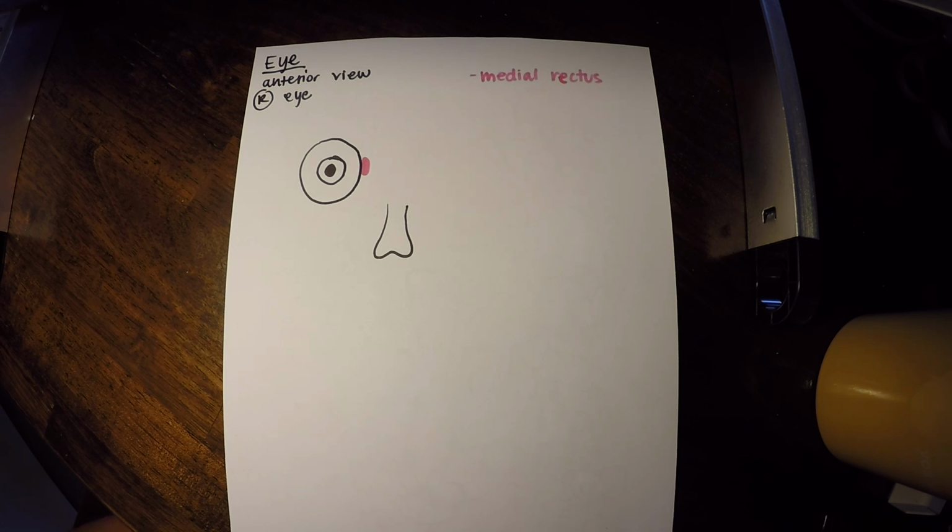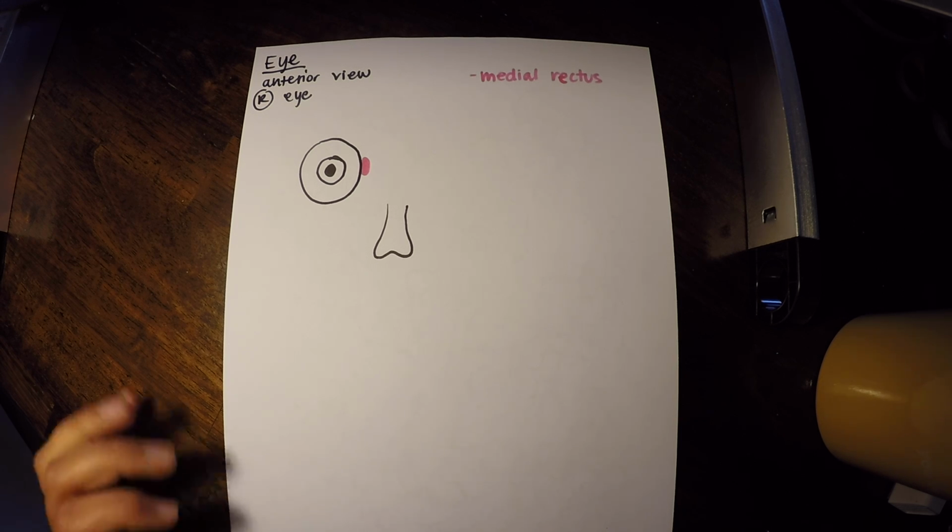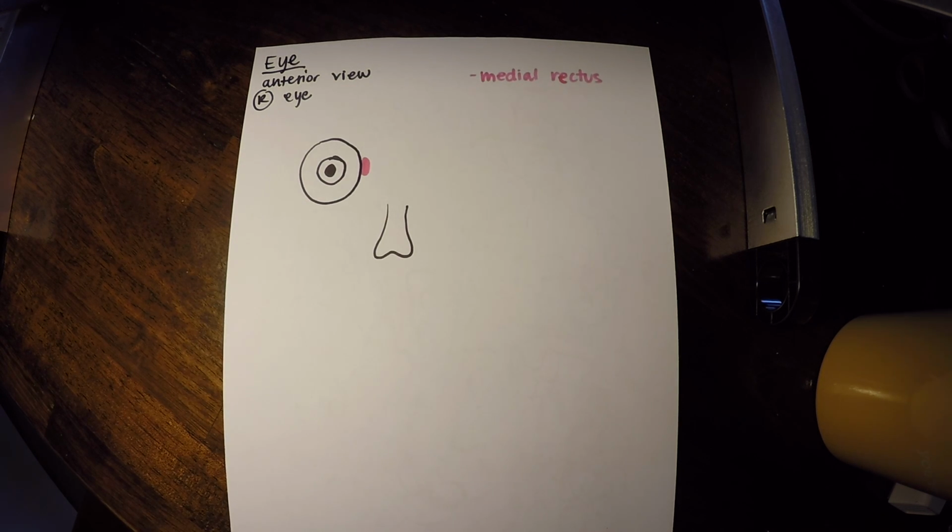And for most of these eye muscles, they're going to be innervated by oculomotor, or cranial nerve number 3. Now in the nervous system, we're also going to go over more details about those cranial nerves. Remember, we talked about those when we talked about the skull foramen. But for now, I'm just going to list the nerves that they're innervated by. And the best resource for looking at those nerves and actions, again, is those tables or charts that I've posted on our course webpage. So reference that. Just so you know, most of these will be innervated by cranial nerve 3. All right, so that's our medial rectus.